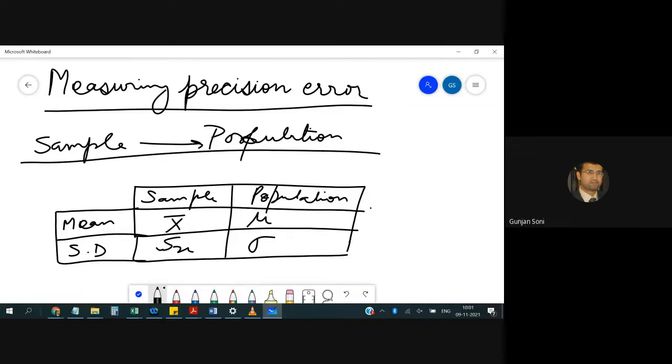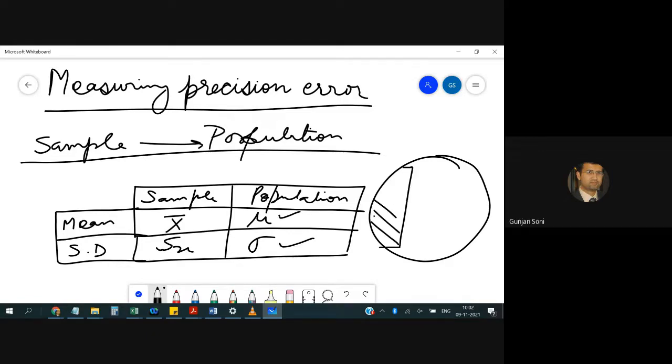I'll explain it again. This is a complete population, and these are the parameters of the population, mean and the standard deviation. So if I'm finding out mean and the standard deviation of the whole population, then I'm using these two notations. While if I'm extracting a sample from the population and then finding out mean and the standard deviation, I represent it by x bar, and I represent standard deviation by Sx. Okay. Any doubts in this?